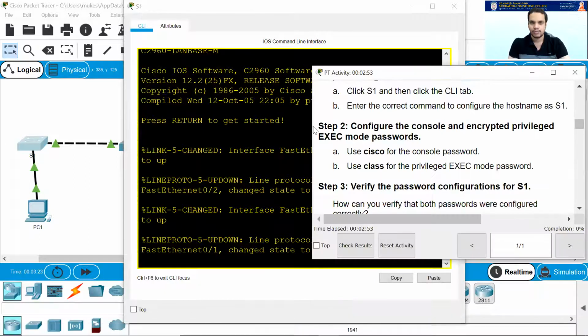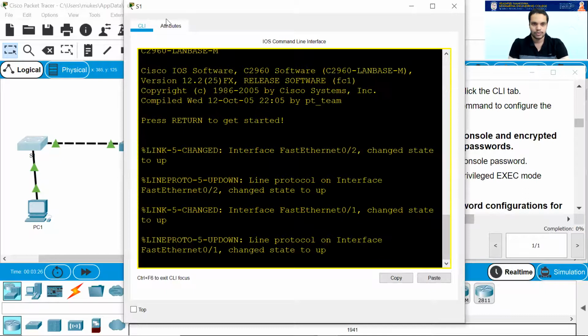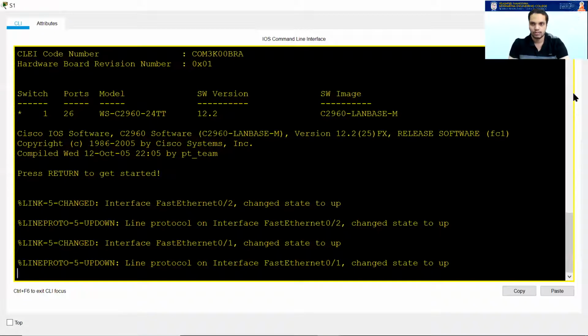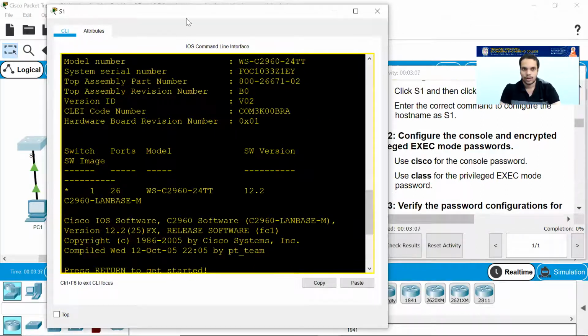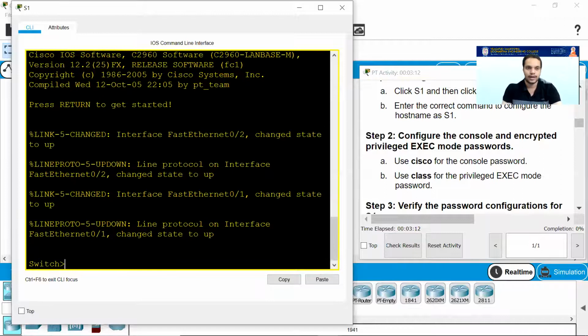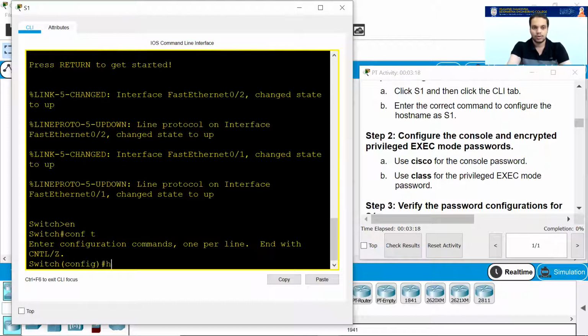Starting from the first point, let me just drag this a bit. Once again, just press enter over here. What you can see is: enable, configure terminal, hostname. I'm starting the basic configuration steps.